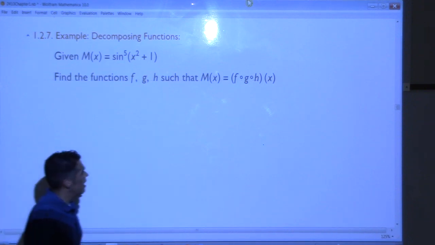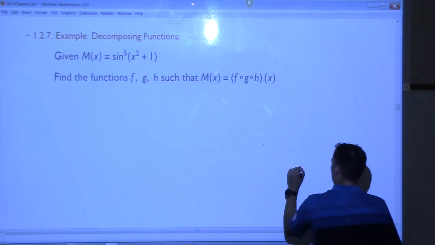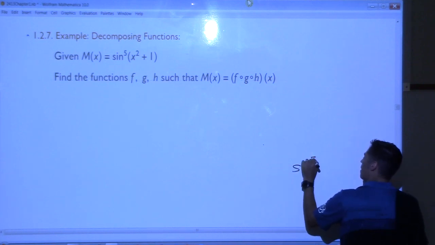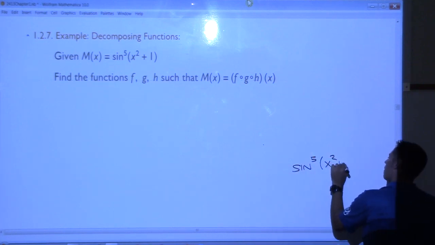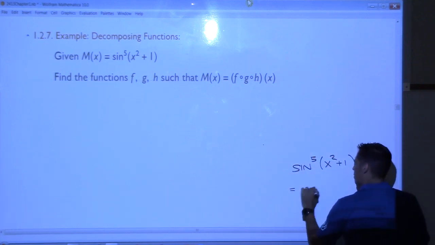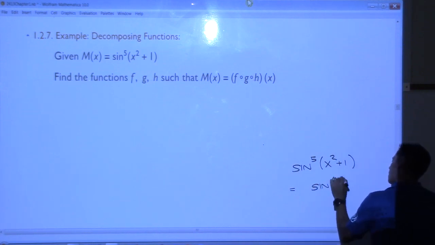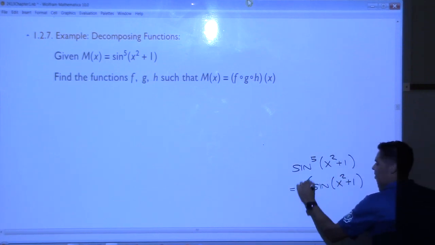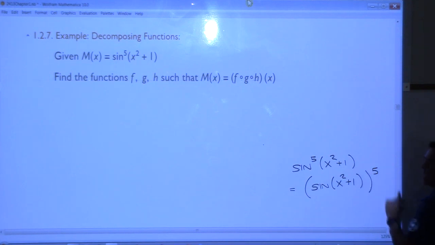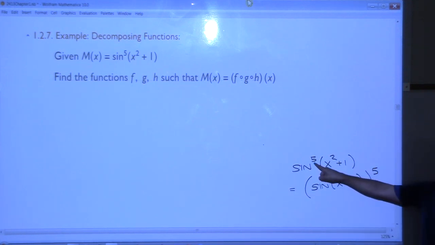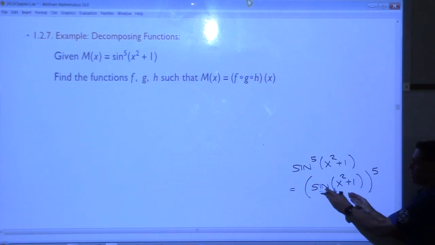Before we do this, are we all clear with the idea that the fifth power here means that you are going to take sine of x squared plus 1